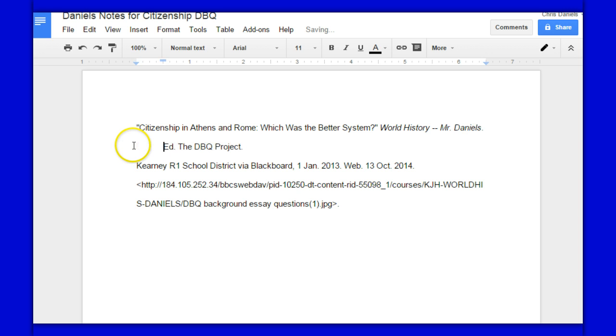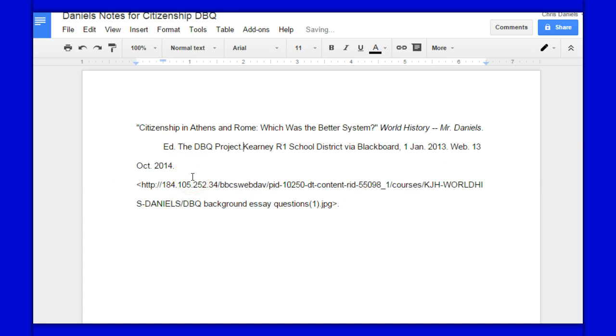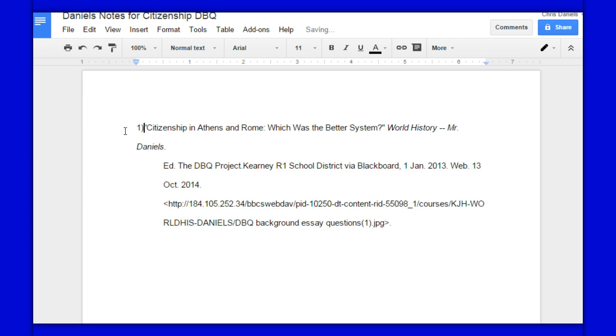Backspace, Enter, Tab there. We'll tab this over. We'll go down to the next line. We'll tab this over and hit Backspace. So this is the correct format here. Just a minute as I get it all taken care of for the citation on the background essay. Now, this is going to be the first bullet point